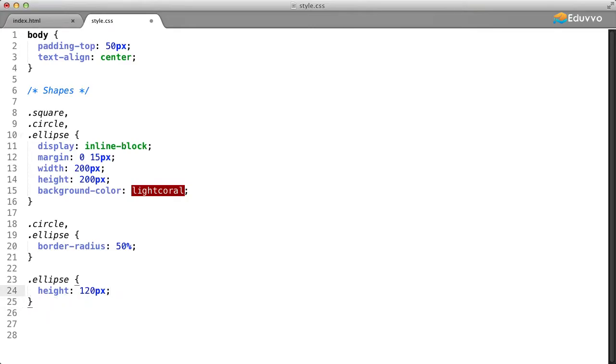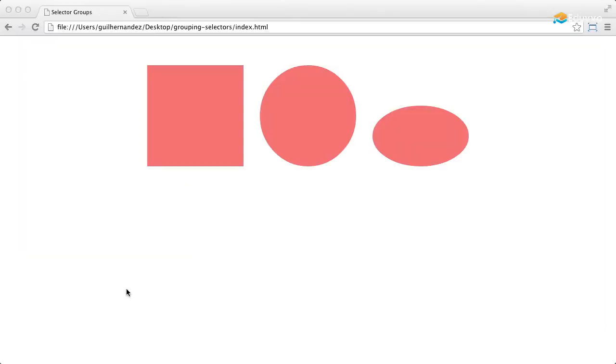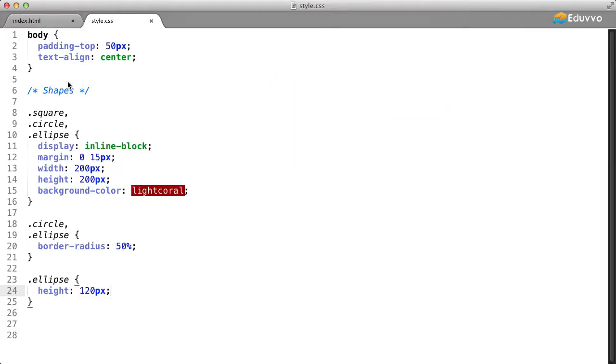height of 120 pixels. Okay, so we'll go ahead and save the style sheet, and I'll bring up the Chrome browser. When I refresh it, we can see that nothing has changed. Everything looks exactly the same, except that our CSS is now much cleaner, or drier. We can actually take things a step further